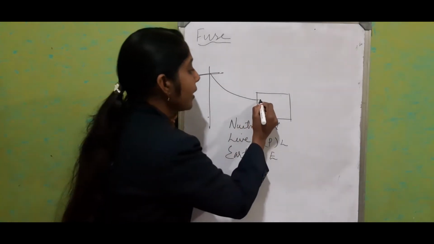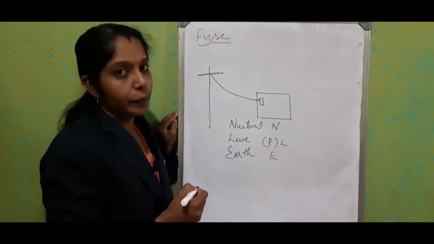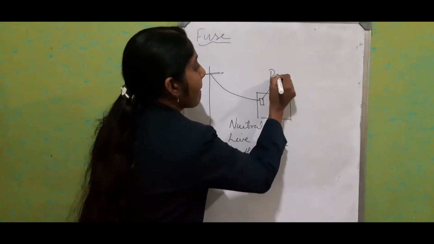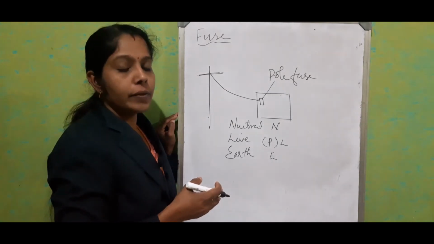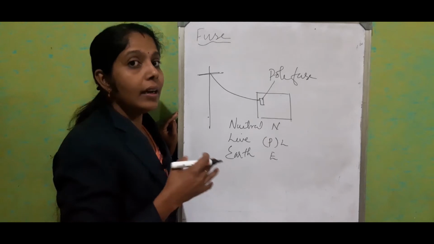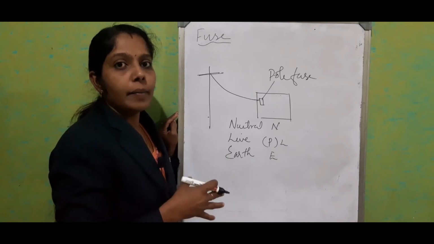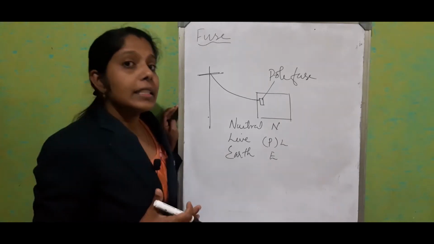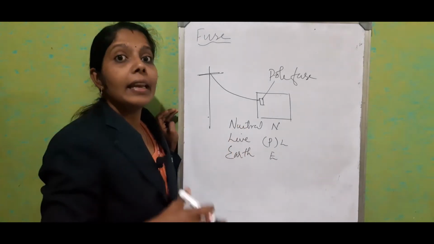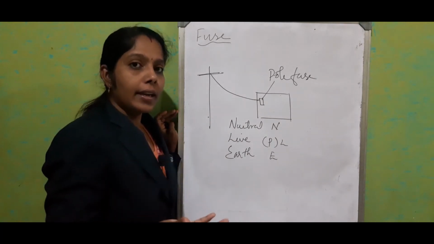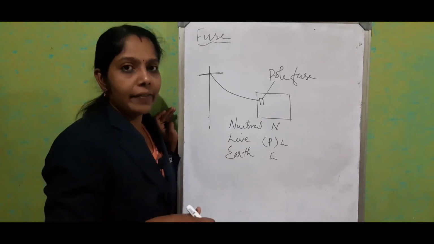Initially it is connected to a fuse called the pole fuse, which we also call the company fuse. It is always installed by the electricity board. We are not supposed to buy it personally. The specialty of the pole fuse is that it is connected to the neutral and live wire together. So if any high current passes through the circuit, both lines can break at the same time and it can safeguard our home.